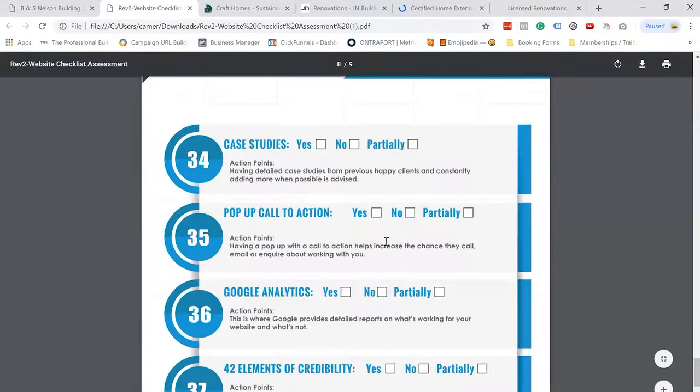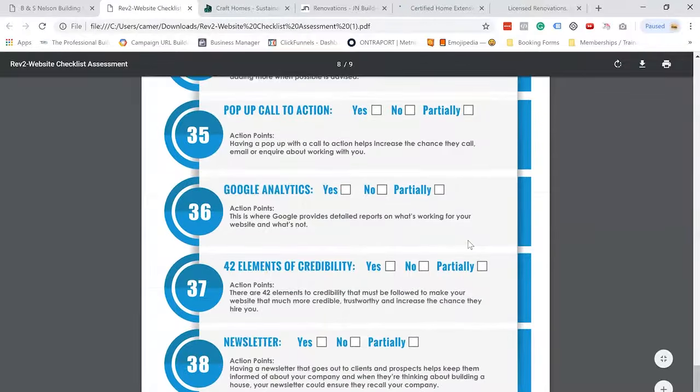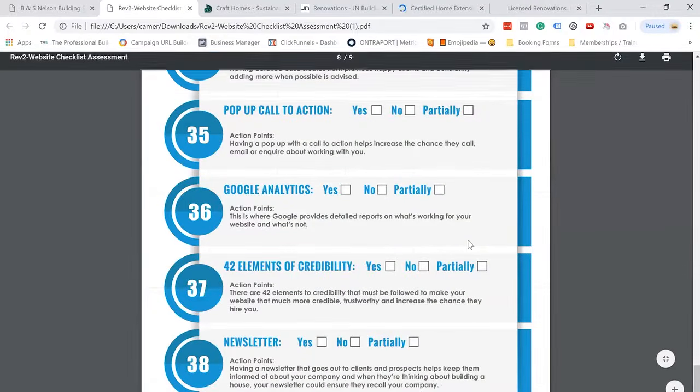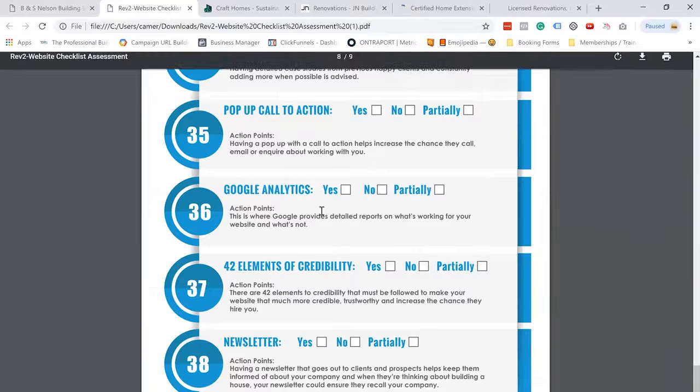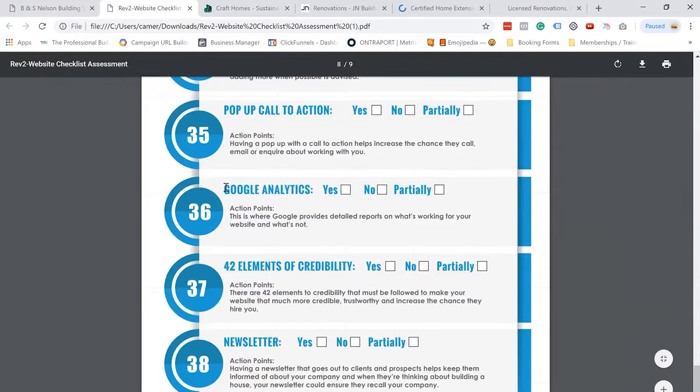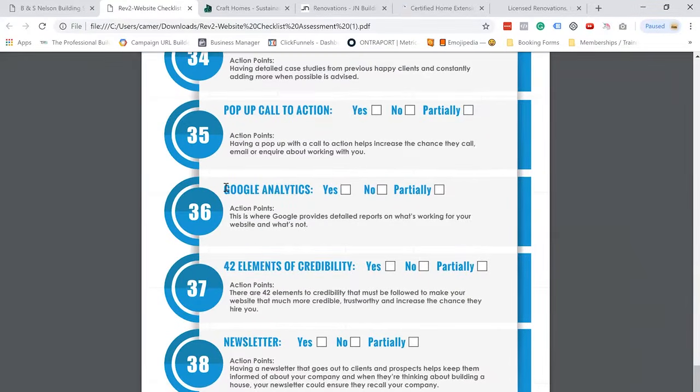All right, where are we at? Google Analytics. Okay, so Google Analytics is a tool which measures everything about your website, where the people are coming from, what they're doing on your page. You can then collect an audience of people who have been to your page, okay, and then follow them up via retargeting ads. So if you have Google Analytics on there and set up properly, you can also measure conversions. So if someone clicks on your ebook offer and downloads, you can